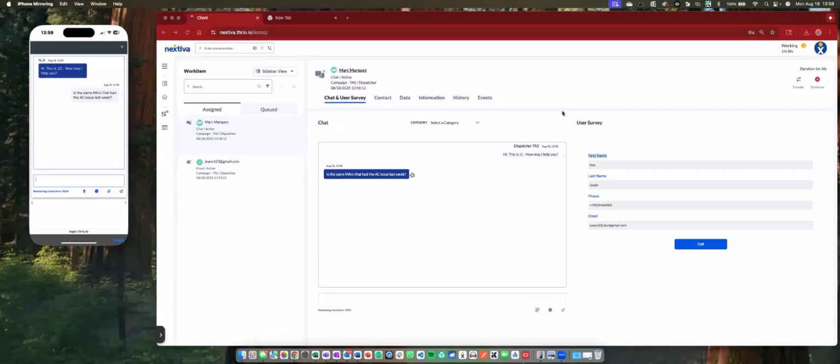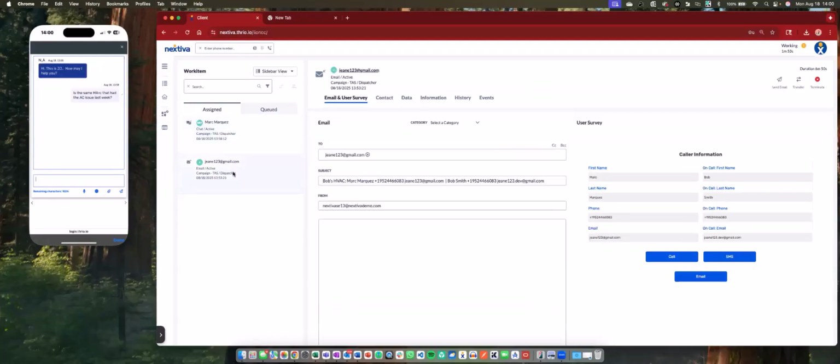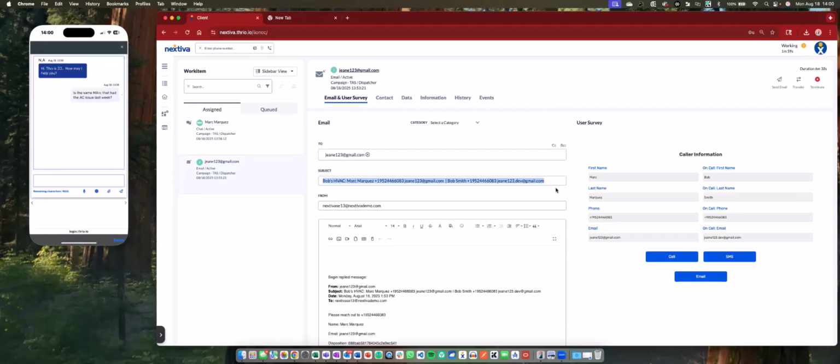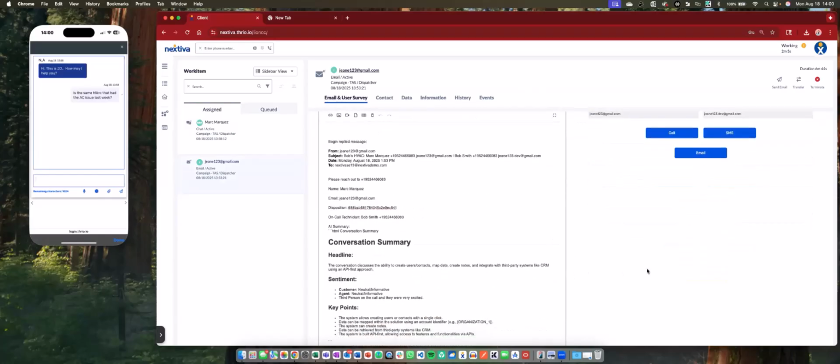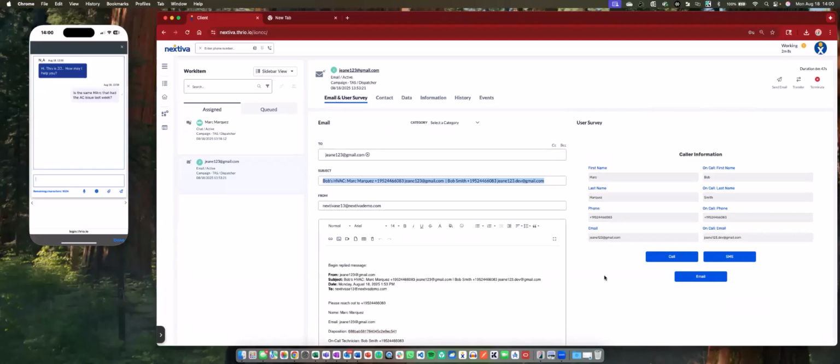The disposition at that point triggered an event that immediately sent that interaction to the supervisor or dispatcher or administrator, a combination of all of the above, and that person was able to get this email, not only with all the information in the subject line, for if they have a phone and they want to just see the subject, but also the conversation summary, as well as the original caller's first name and information, and the on-call that came from an external system.